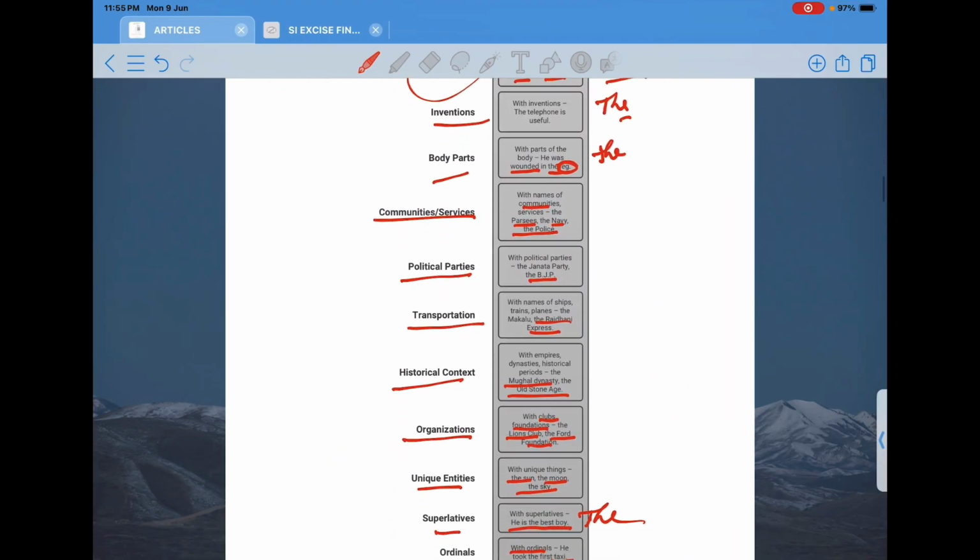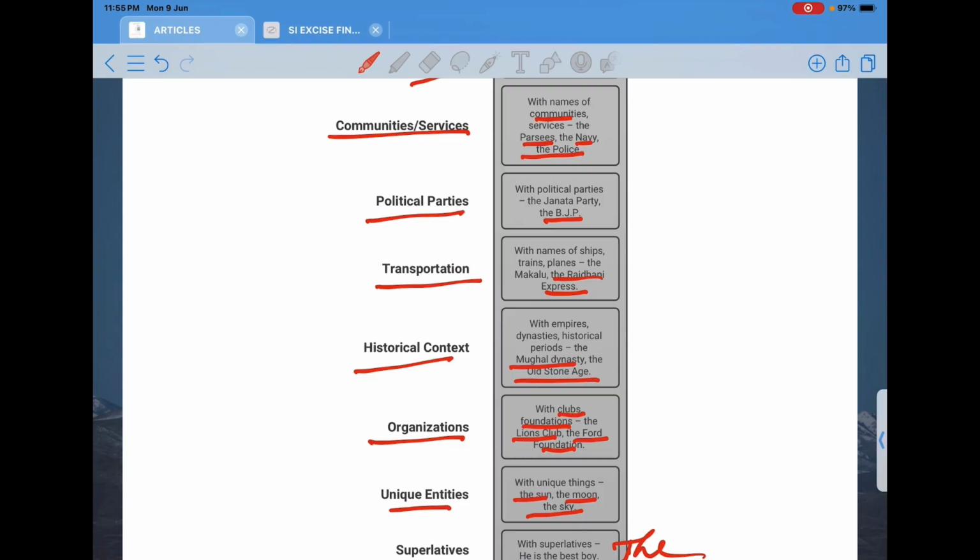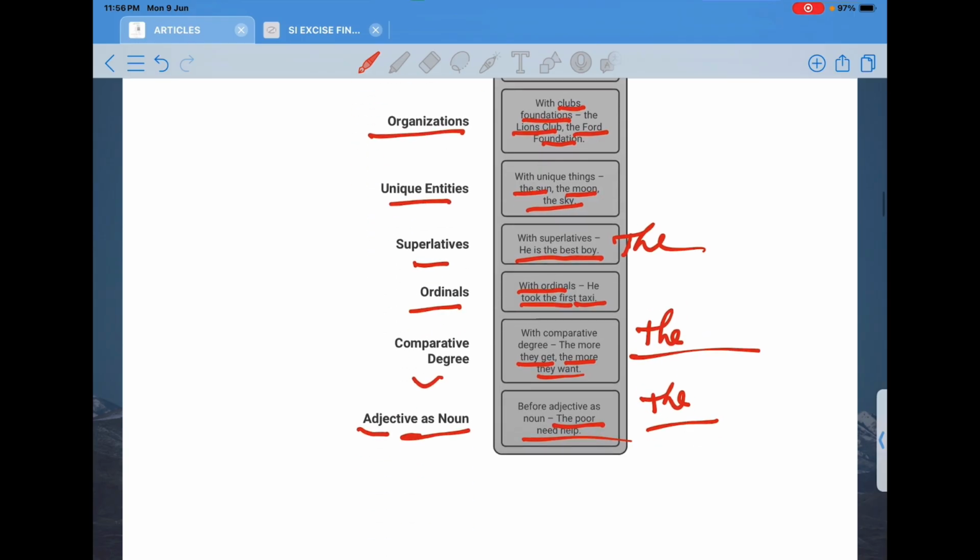See, you cannot remember this just by reading once. What you will do, you will make your own notes in your copy. After that, you will read those notes multiple times. When you are done reading the same notes multiple times, 10 to 15 times, after that there will be a situation where you will know everything in your notes. And after that, when you are solving questions, you will be able to solve them very easily. So now this was all for article.